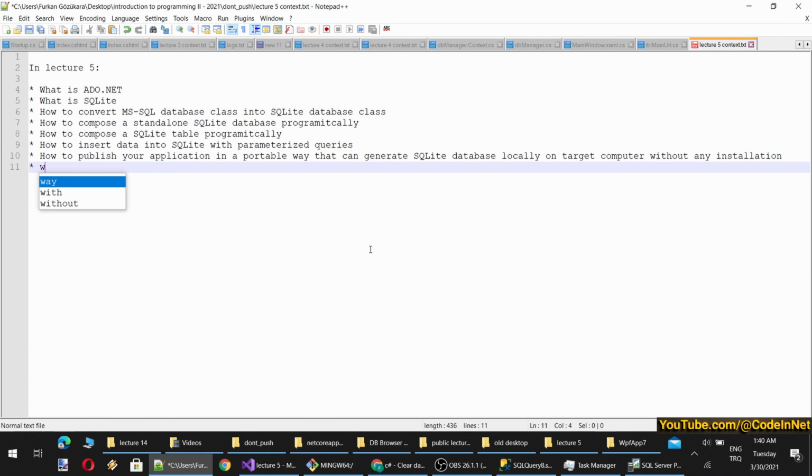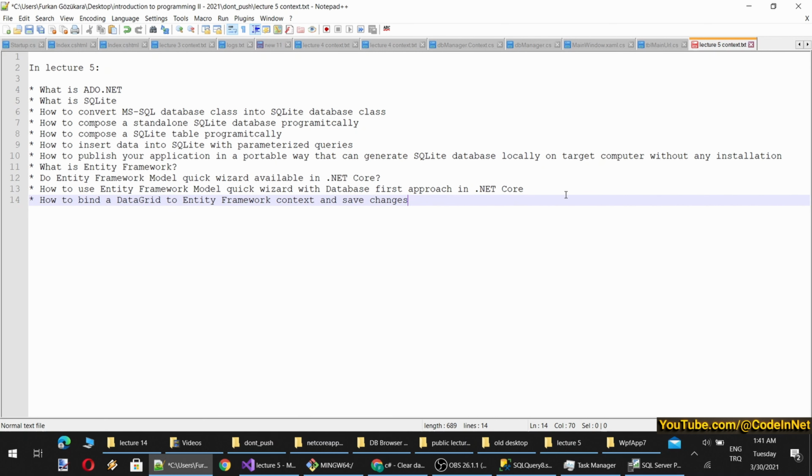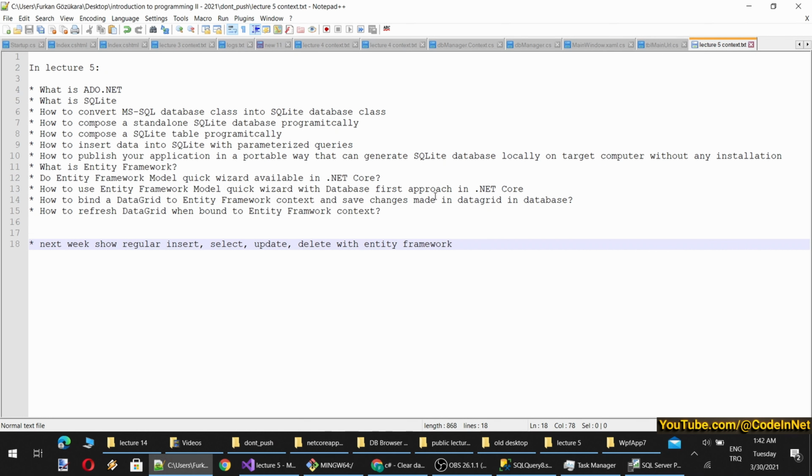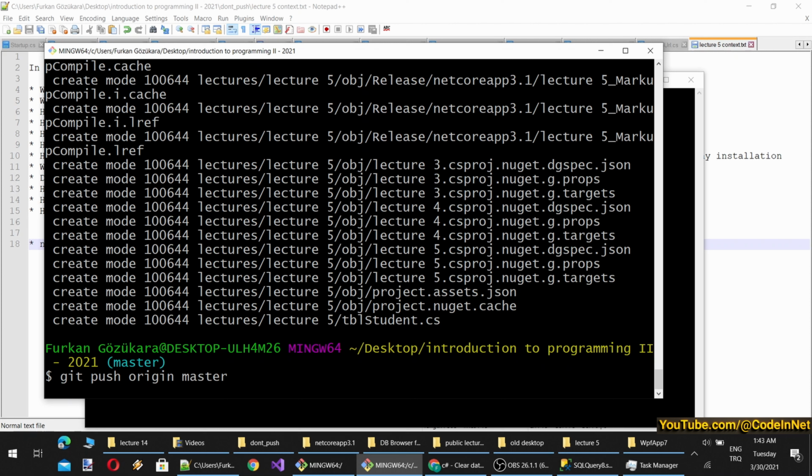So, okay, in .NET Core, how to bind a data grid and save changes made in the data grid to the database. Because we have seen such advanced topics, I know that they are hard to grasp and understand at first, but I am sure you will understand everything as you watch, maybe 2 times, maybe 3 times. When you encounter a problem, don't give up, try to solve it.